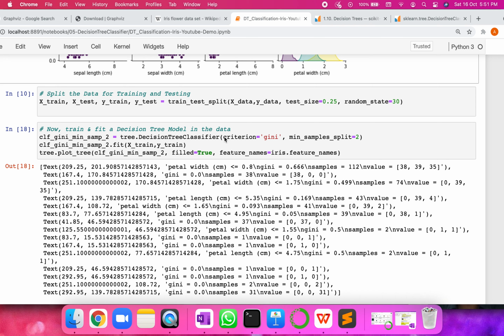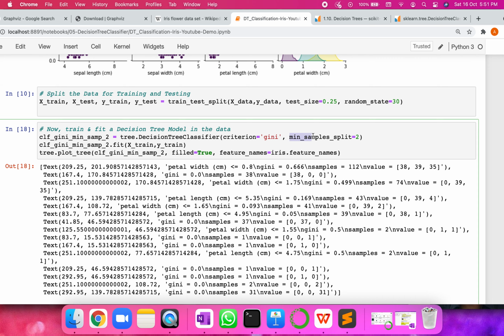So even if we don't pass this parameter, that's fine. The algorithm would go ahead and implement it with Gini only, right? And min sample split basically tells the minimum number of samples that are required to split the node further. So we are saying you split it until you have 2 samples minimum. If there is only 1 sample, there is no need to split, but that means we are trying to split it to the maximum possible level here.